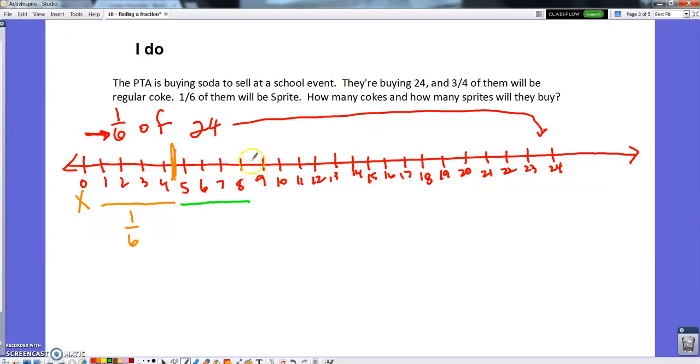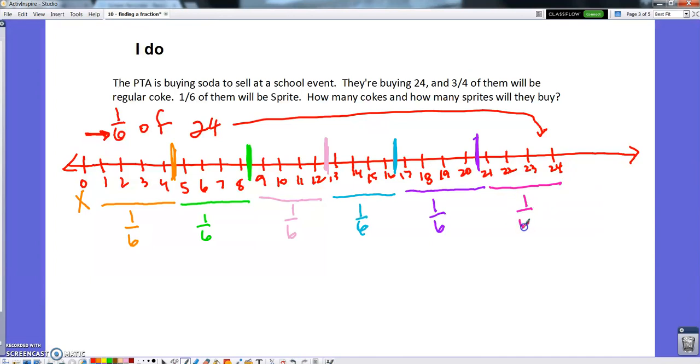Then 1, 2, 3, 4. That's a 6th. 1, 2, 3, 4. That's a 6th. 1, 2, 3, 4. That's a 6th. Oh, 1, 2, 3, 4. That's a 6th. And one last color. 1, 2, 3, 4. That's a 6th. So now each of those groups I have made has 1/6 of the sodas, and I need